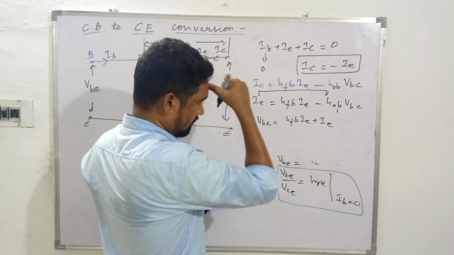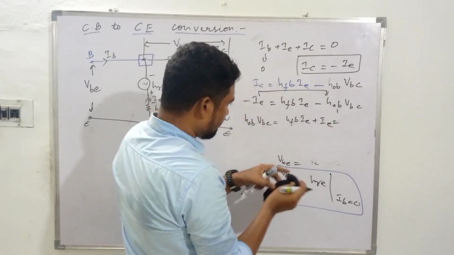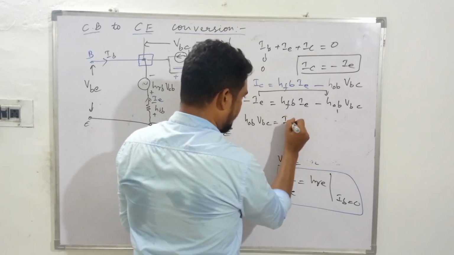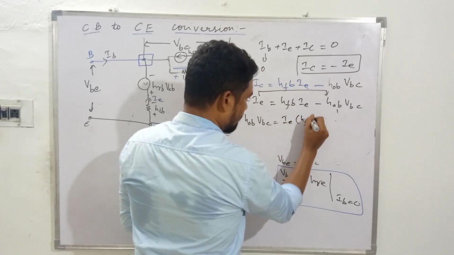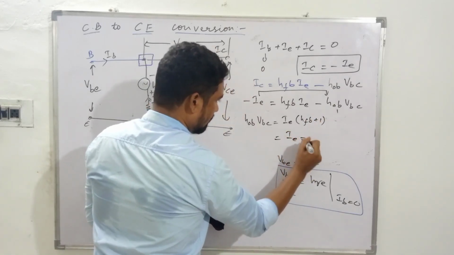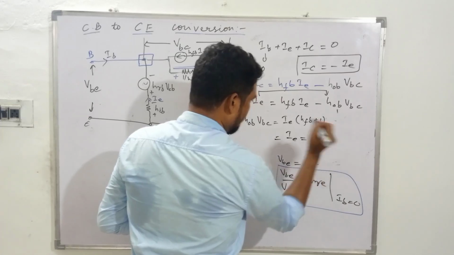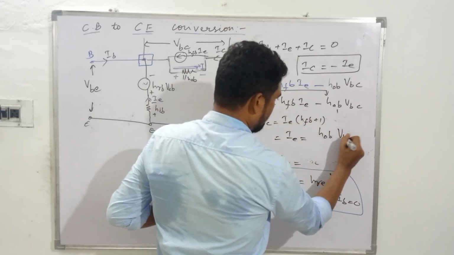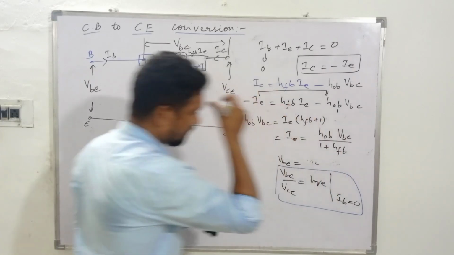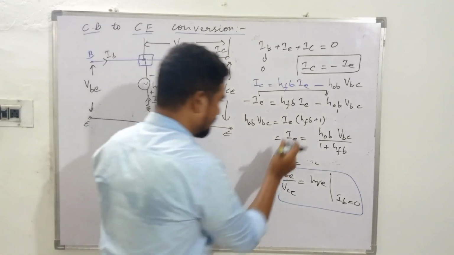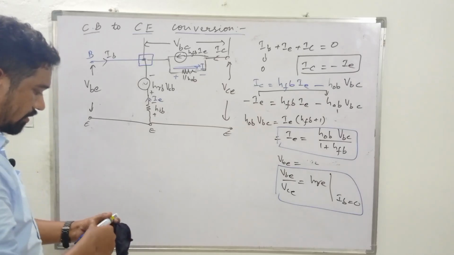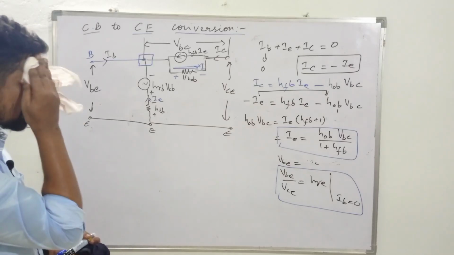VBC. All right. So which is equal to what? Taking IE as common from here and here, we'll be having IE, HFB plus 1, and so IE will be equal to HOB VBC upon 1 plus HFB. All right. We need this one. We need to plug it in somewhere in the discussion. So that will be very important. A game changer, we can say, that has to be plugged in somewhere to obtain